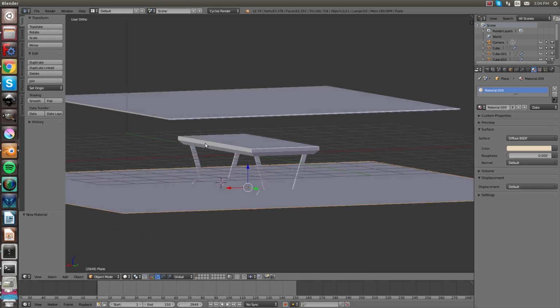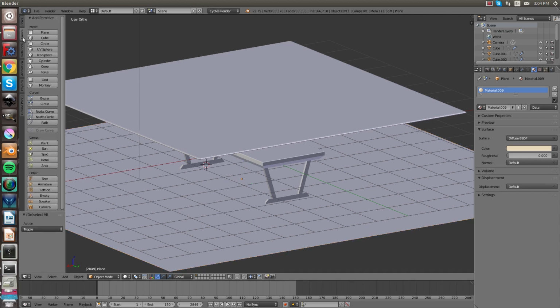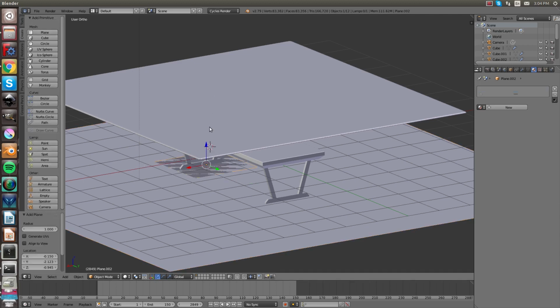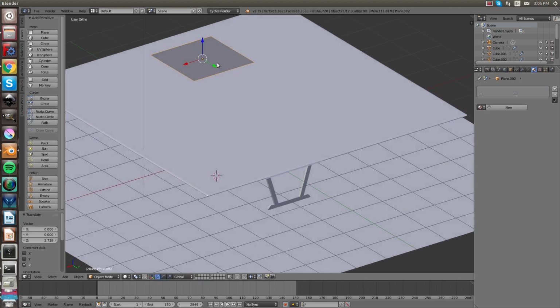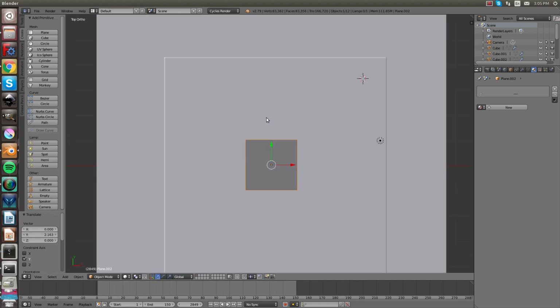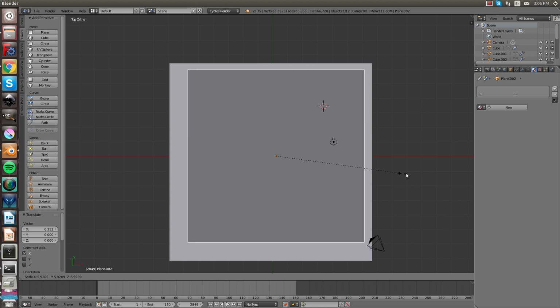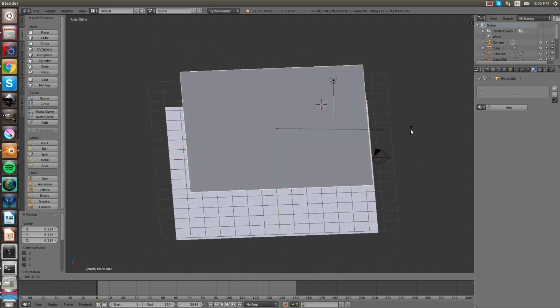Now let's go ahead and light our scene. My favorite way of lighting scenes is with plane lighting. It gives a really even light source. So I'm going to create a new plane, and this will be our light source. So bring it here in the center, scale it up, real big,